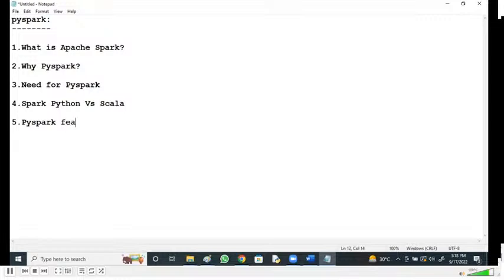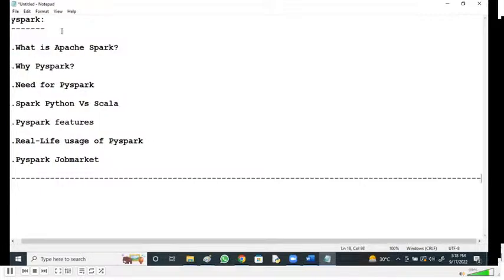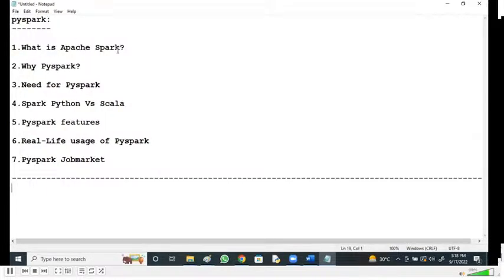PySpark features. Real life usage of PySpark. PySpark job market. So this is what I'll be covering as part of today's demo: what is Apache Spark, why PySpark, need for PySpark, PySpark, Python and Scala, the differences between Python and Scala, PySpark features, real-time usage of PySpark and PySpark job market.